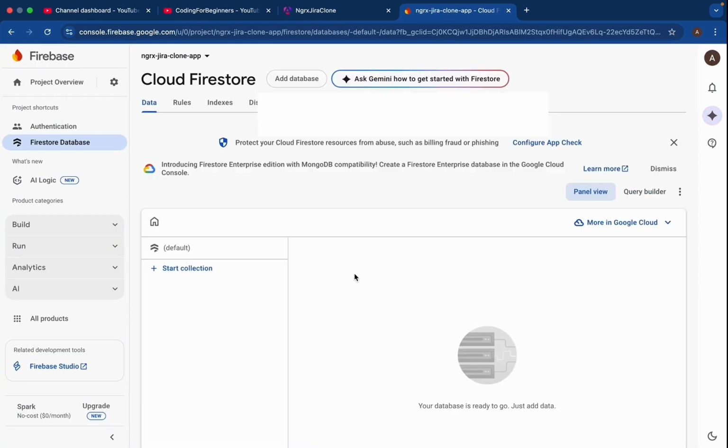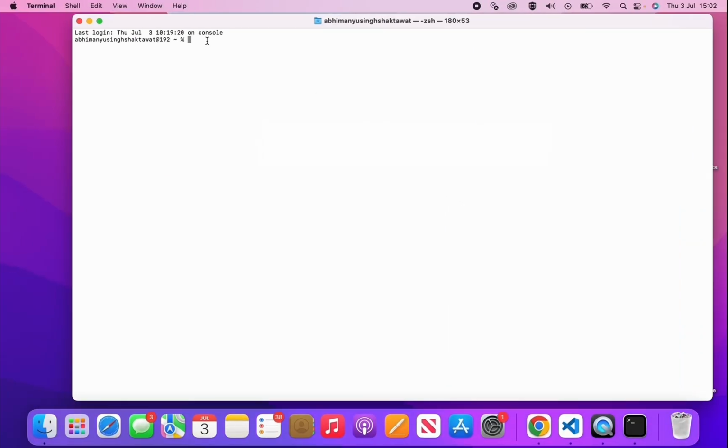And that is it. We are all set with our backend. There is nothing else we need to do in order to use this backend. Now we can go in our terminal and we can start creating our Angular project. Okay, so let's head over to our terminal and I'll go to my desktop here where I'll create the app,